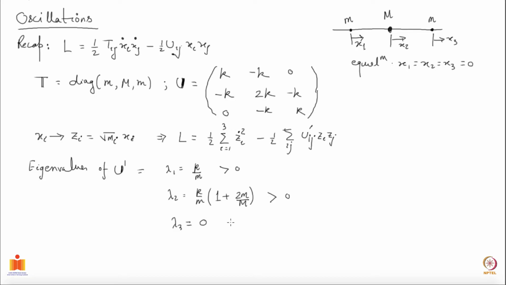Now what I want to do is put the second quadratic form, which is here, as a sum of squares. See, this is anyway diagonal now. Not only diagonal, the coefficients are unity. But this quadratic form I want to put as a sum of squares, and that's the plan. So let me go to the next slide. Let's go. So just remember, you have a half U prime zi zj.